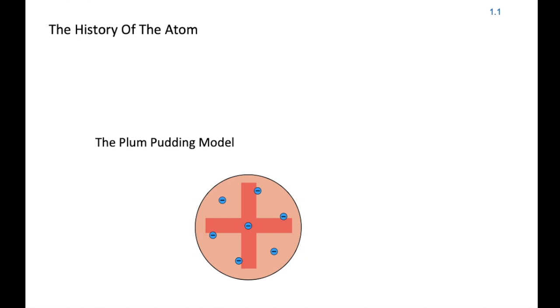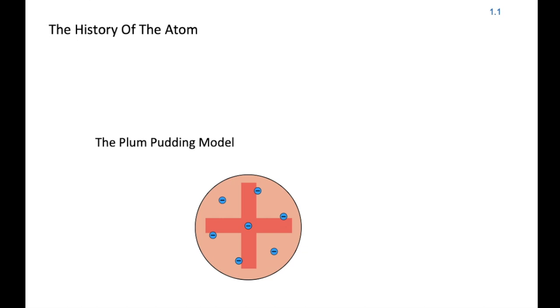So this video will focus on the history of the atom and how the current nuclear model we've looked at came to be discovered. Discoveries regarding the atom happened in stages from the results of experiments done by different scientists. Models of the atom were proposed by these scientists and later changes were made to it by new ones. This carried on up to a point where we have our current model, the nuclear model, which is still used